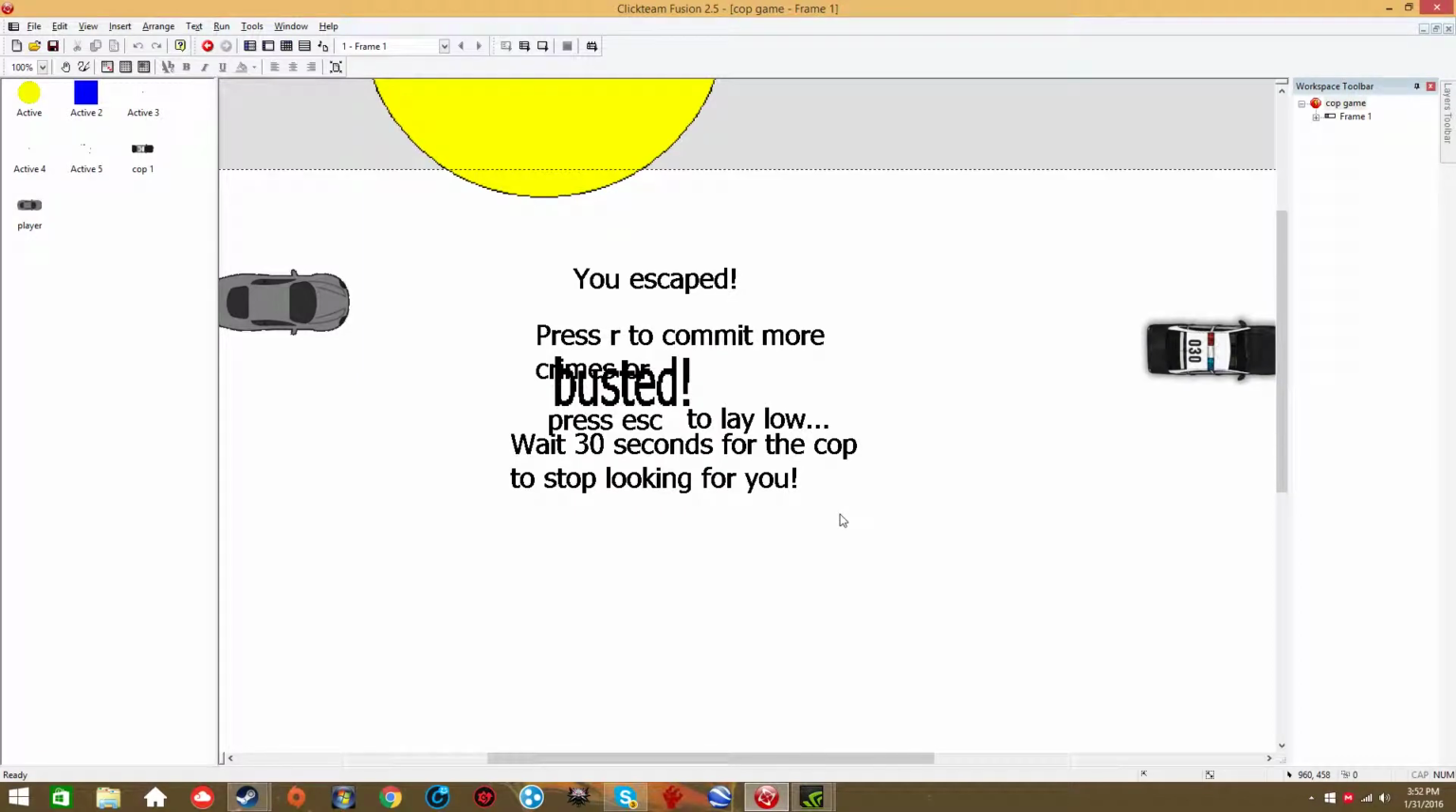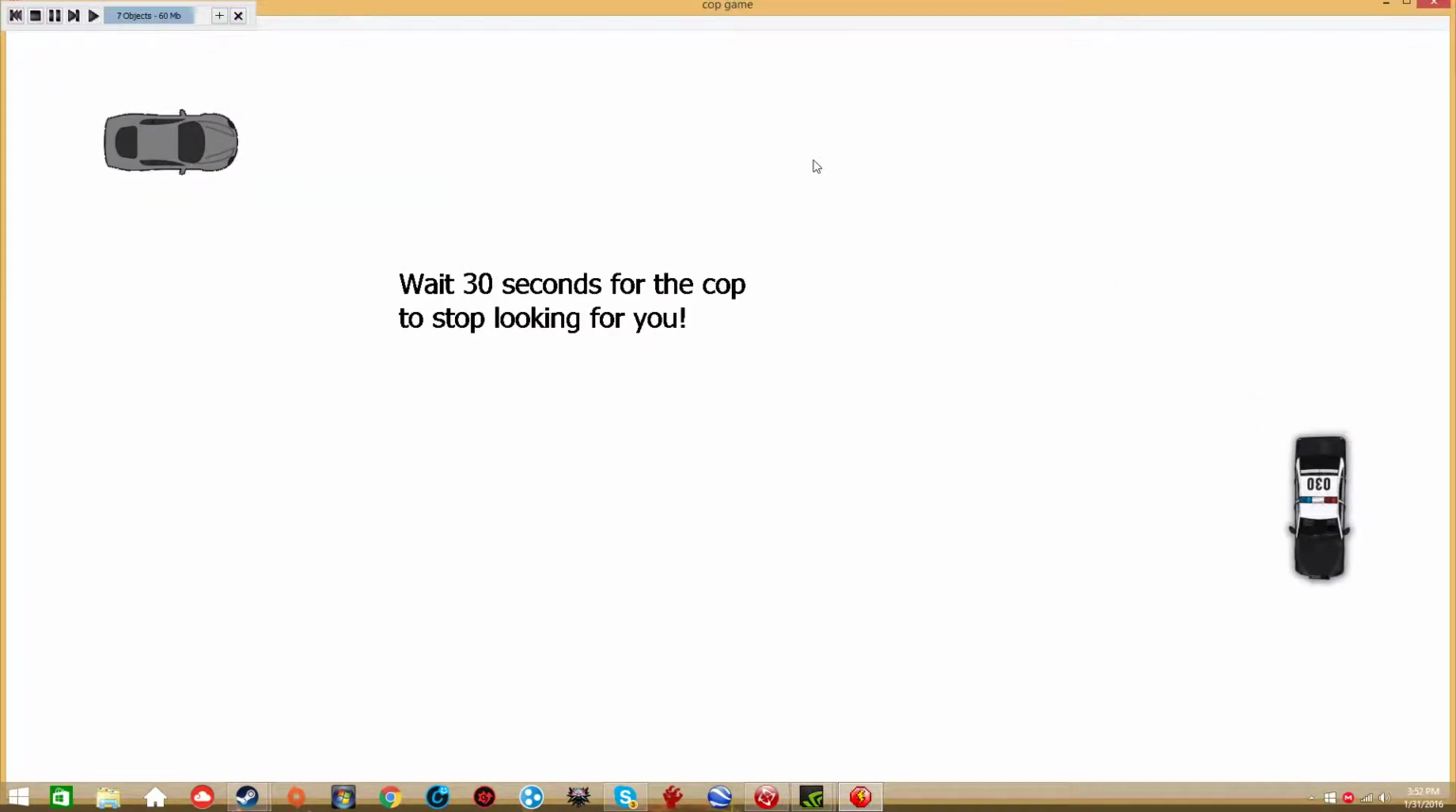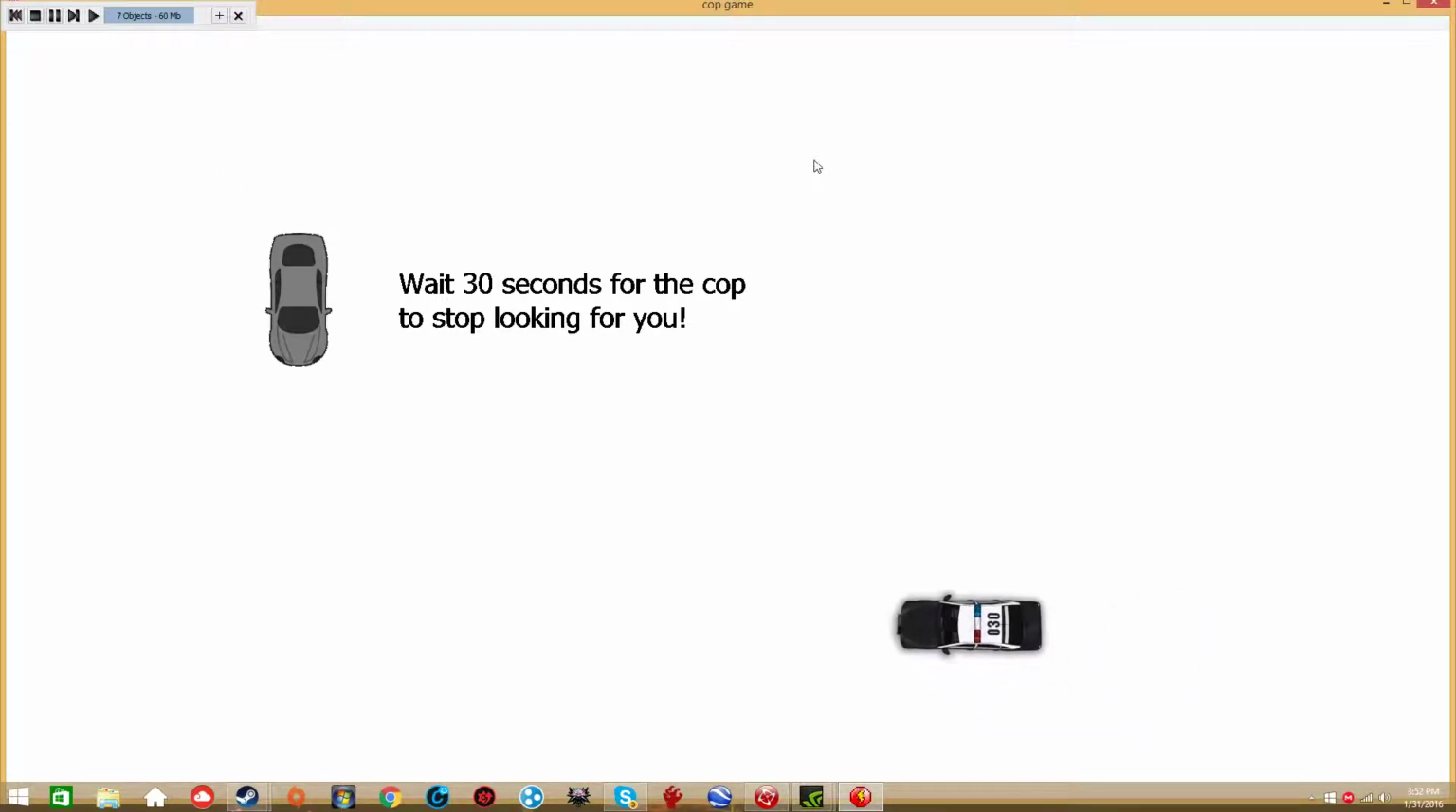Today I'm going to be showing you how to make Cop AI for Clickteam Fusion 2.5. Cop AI is basically kind of like here. This is kind of what I got so far. I'm not really trying to make a game, I'm just trying to make a simple Cop AI for a cops and robbers style